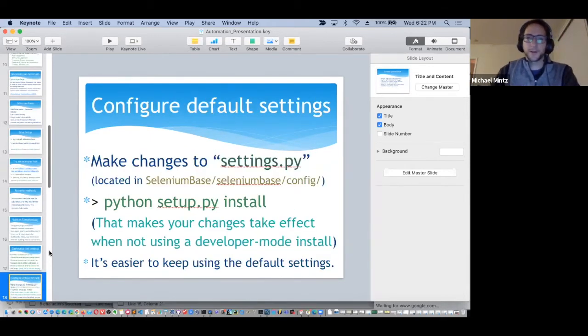So if you want to configure default settings, there is a settings.py file located in Selenium-based config. And if you run python setup.py install from a cloned copy of Selenium Base, you can change, say, default wait times. One of the settings is how long to wait before timing out a test. Like for instance, if you go to a website and you try to click a button that is never going